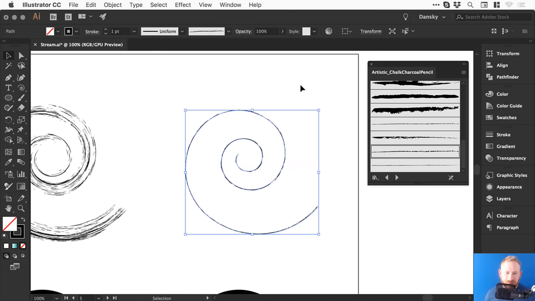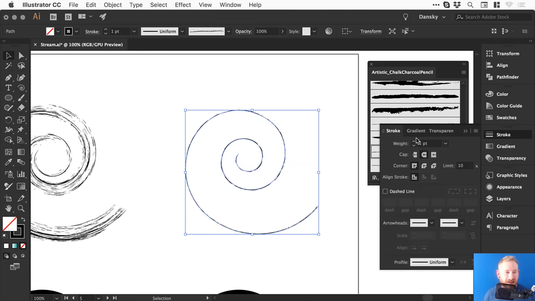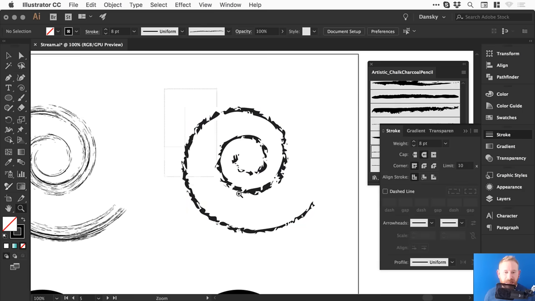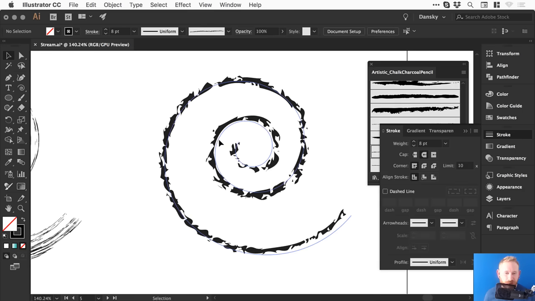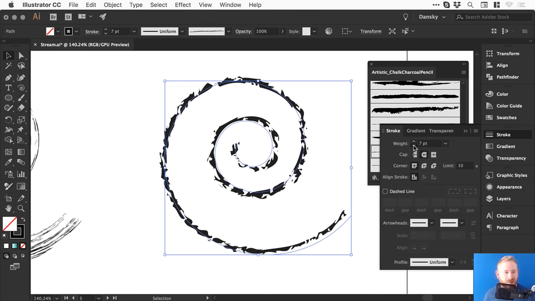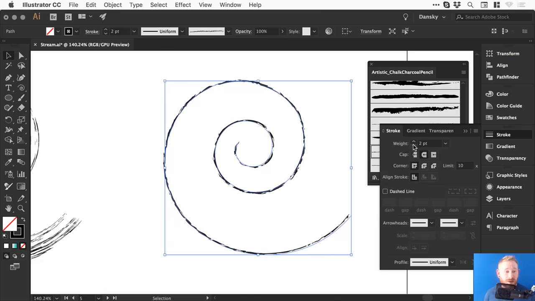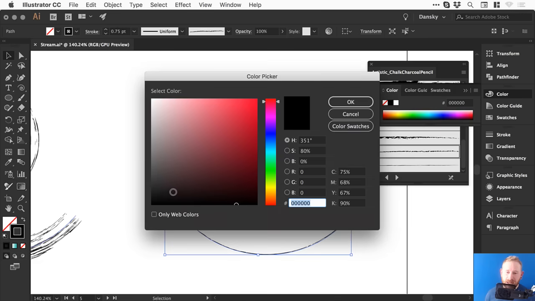But when you look from a distance, it looks incredibly believable, and we can again go and adjust that stroke weight. Now if you bring the pencil up too thick, of course it's going to not look like a pencil anymore, but we can bring that down. And I think this works most effectively when it's really thin, and if we change the color from black to a darker grey,